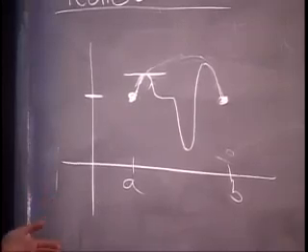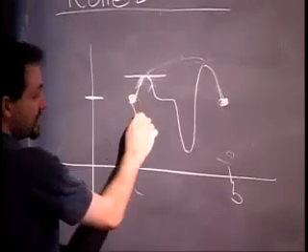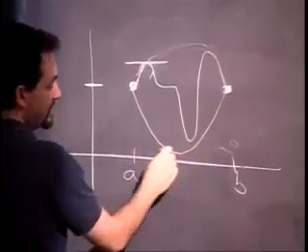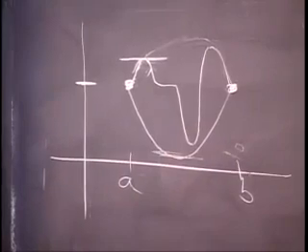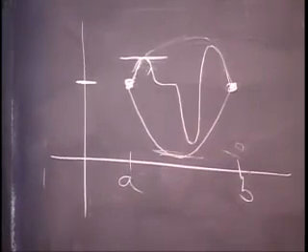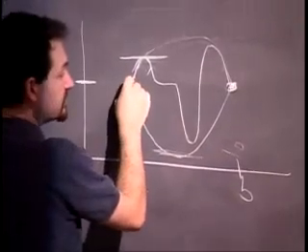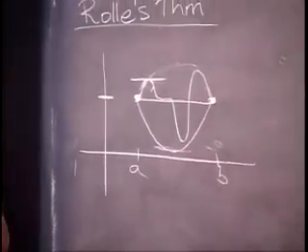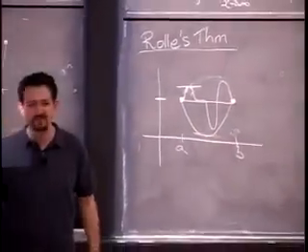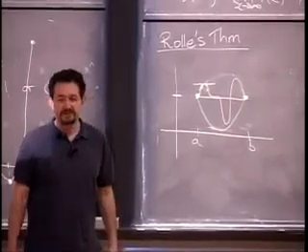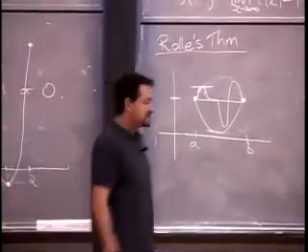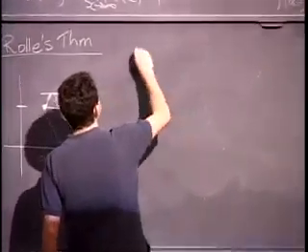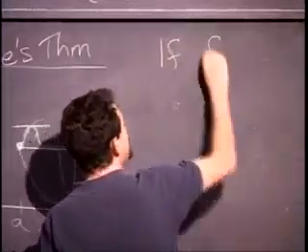Of course, it doesn't actually have to go up. Maybe it starts off by going down. Well, of course, if it goes down, it has to go back up somewhere, and there will be a point where the derivative is 0. The only other possibility is maybe it never goes up or down and just stays at the same height. Well, if it stays at the same height, it's constant, and its derivative is 0 everywhere. So basically, that's not a proof, again, but it's a good sort of heuristic rationale, if you like, for why this should be true. If f is continuous